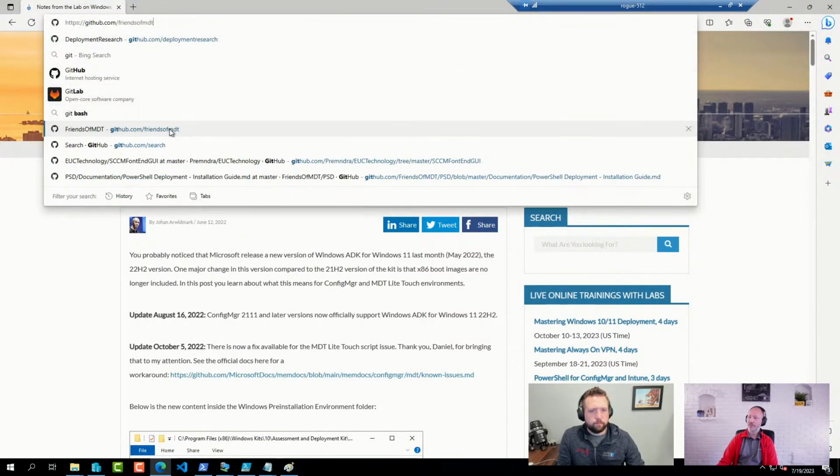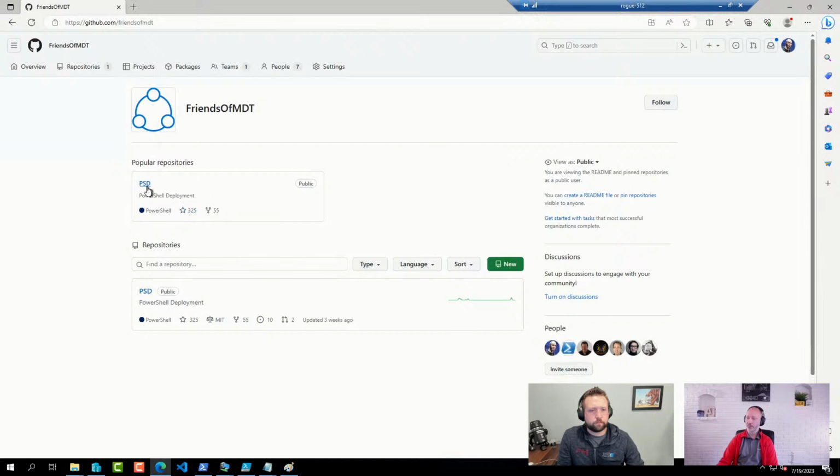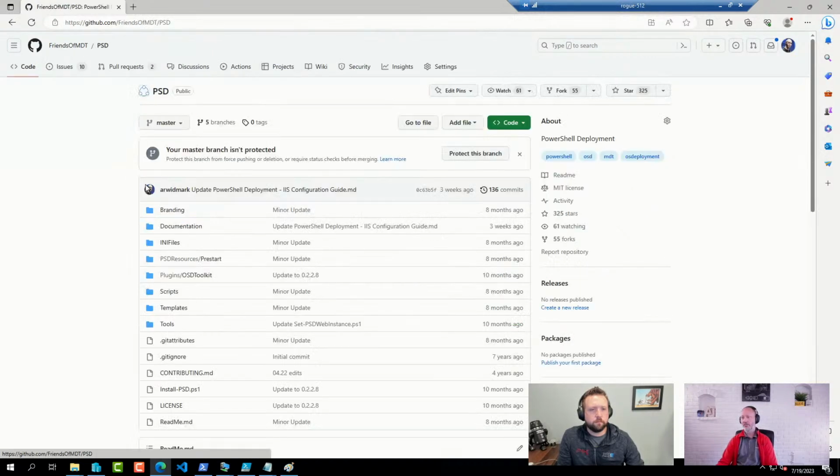Many of us have joined this project here, Friends of MDT, where we are adding in support for Windows 11 and a bunch of other things. But this is not supported by Microsoft. This is just community best effort type support. But anyhow,